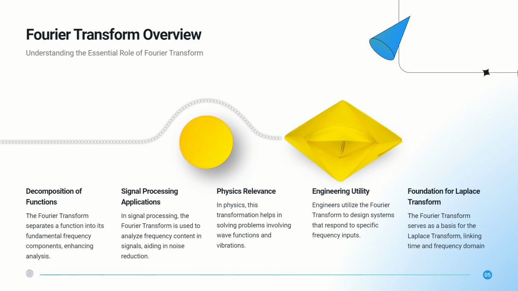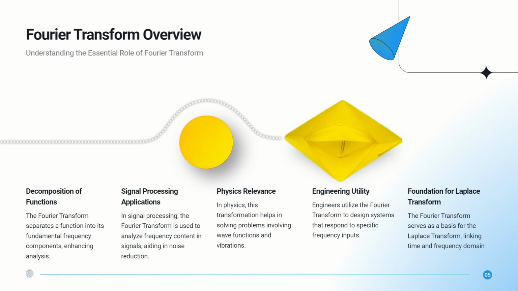Fourier transform overview. Decomposition of functions. The Fourier transform separates a function into its fundamental frequency components, enhancing analysis. Signal processing application. In signal processing, the Fourier transform is used to analyze frequency content in signals, aiding in noise